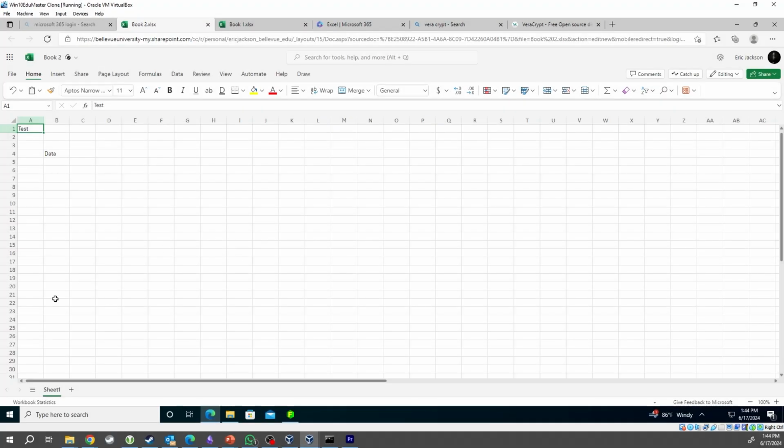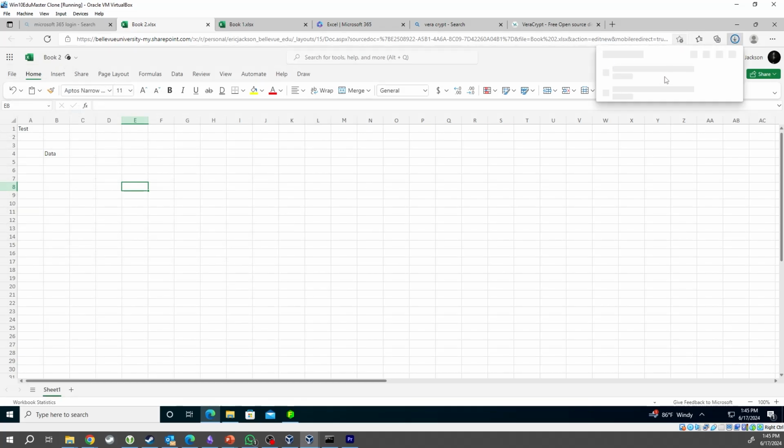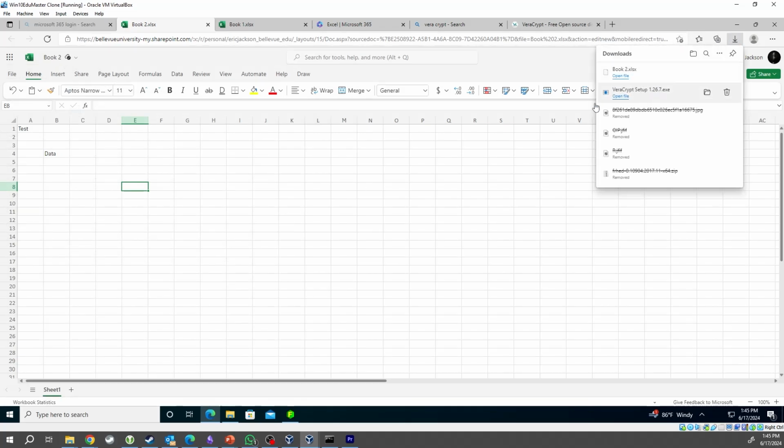Let me do some quick Windows stuff here. So you can see here I just have, this is just for file identification stuff. So I've got this XLS file. I'm going to download a copy of it. On this particular system that I'm using right now, this virtual machine, I don't have Microsoft Office installed, but I